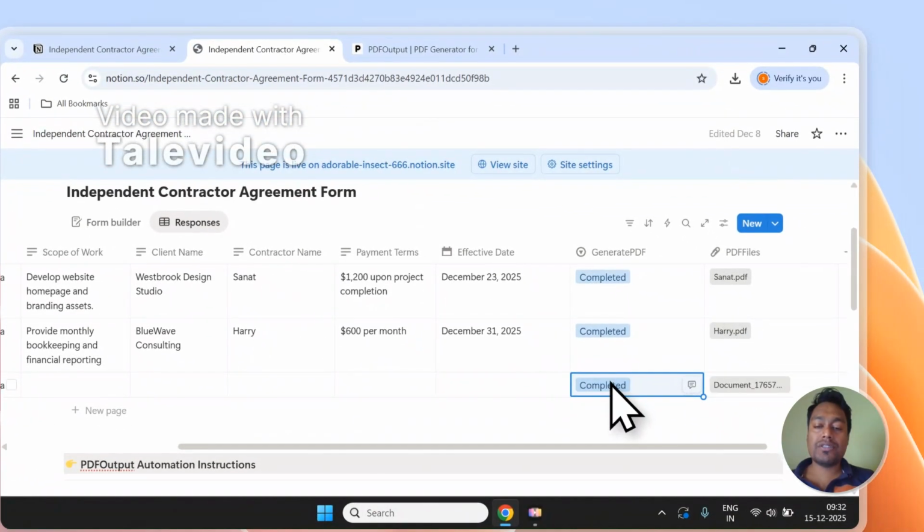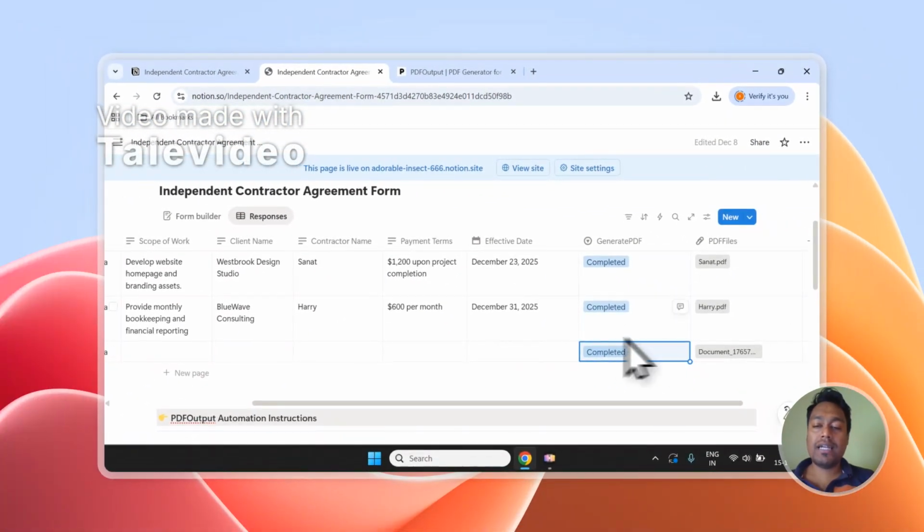And as you can see, it started processing this document and even completed the same directly inside the Notion database. And it has completed the processing and created the PDF right over here inside the database. This is the beauty of using the tool, as all the automations happen directly inside the database with the exact same